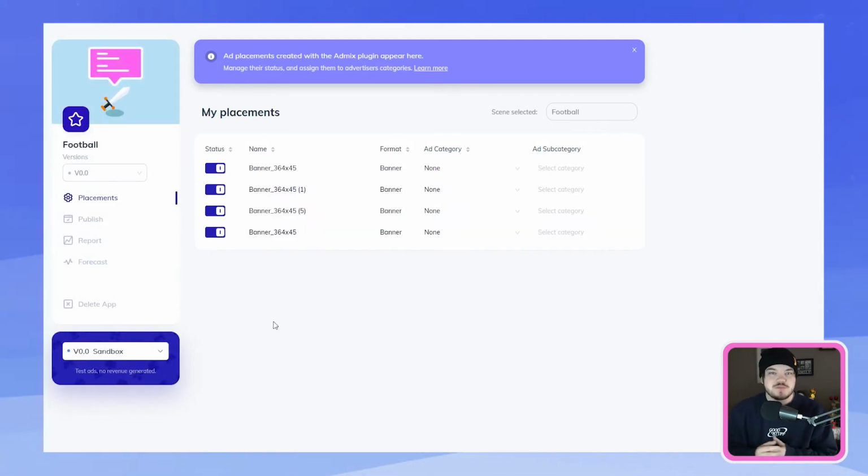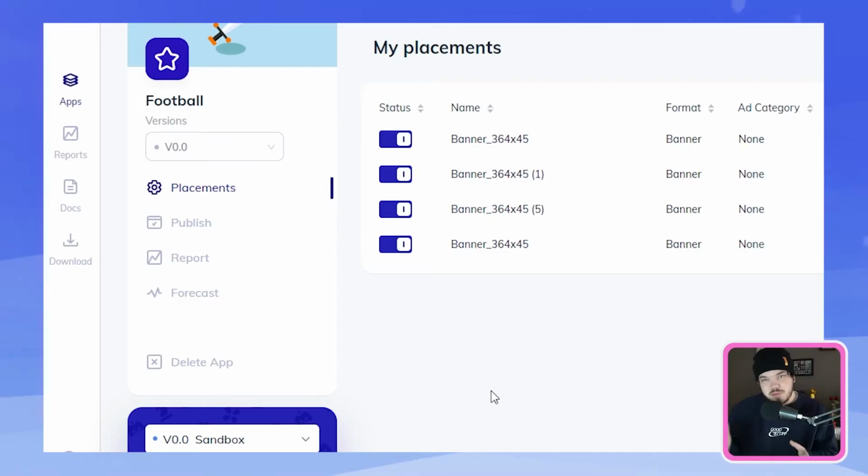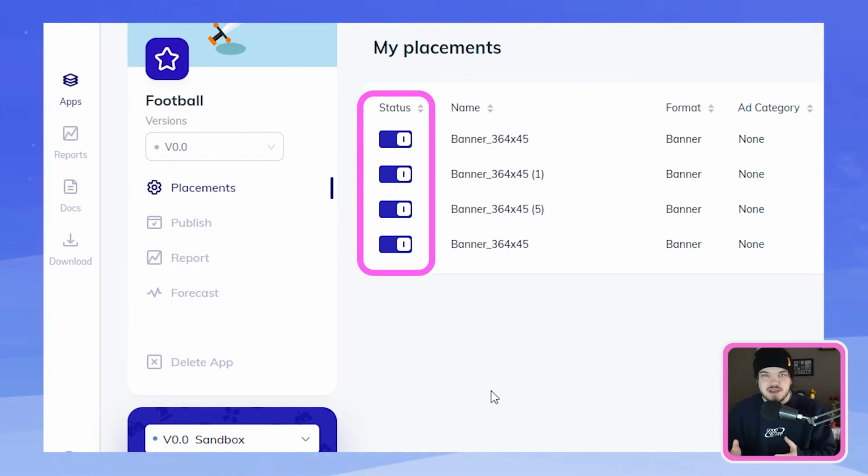Now what you will see on this page is it is set out in 5 sub-menus. The first section is the placement section. The placement menu opens up by default and will show you all your placements in your app. You can manually change the status of each banner by activating or deactivating and selecting the preferred ad category with